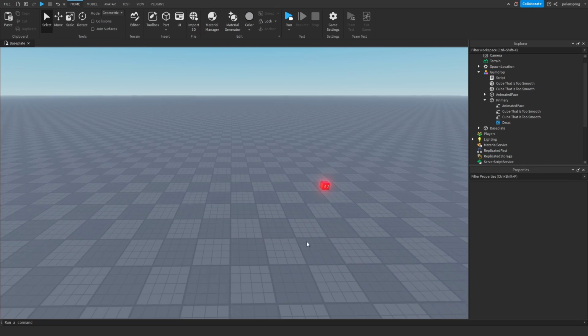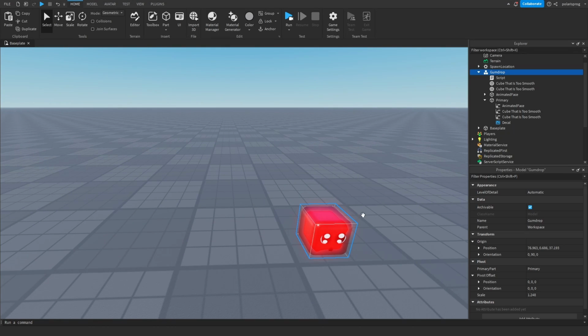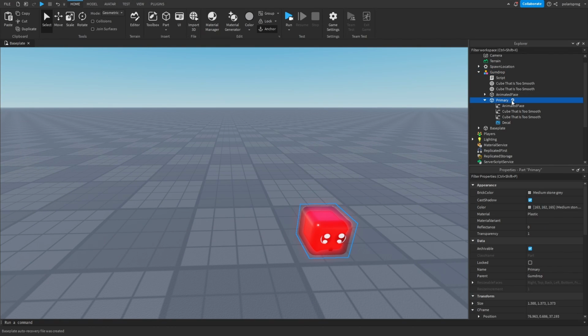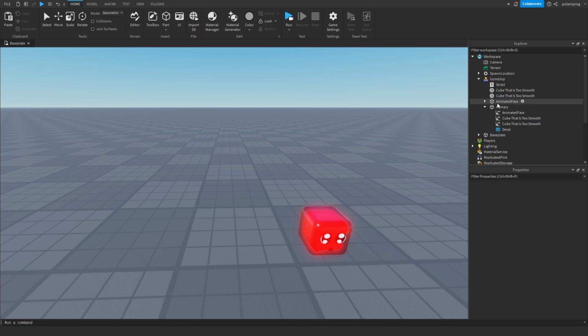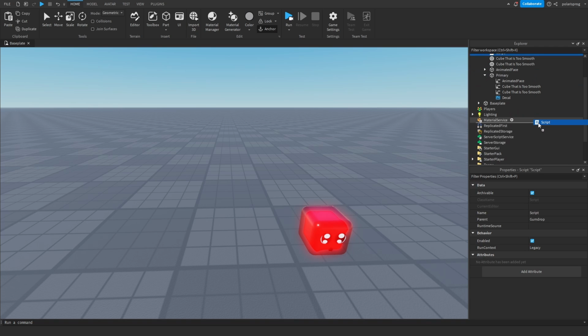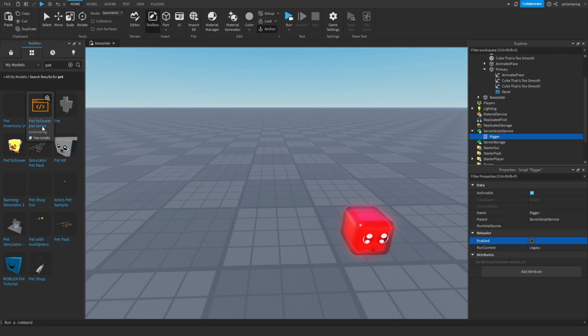I'm going to delete this, and I'm going to go back to this pet right here, and add in a decal and see if it's facing the right way. And as you can see, it is. So what I'm gonna do now is get this script and just save it up somewhere. I'm gonna put it in ServerScriptService, and I'm going to disable it, and I'm going to call it Rigger. So every time you make a pet,